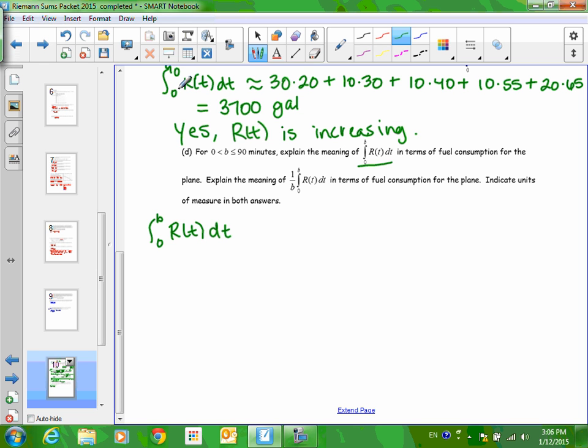So what does this mean? Well, I just found it. It means number of gallons. And so that, it says indicate units of measure. And so I already did that. Now I need to give this a context of the plane. Number of gallons of what? Of fuel